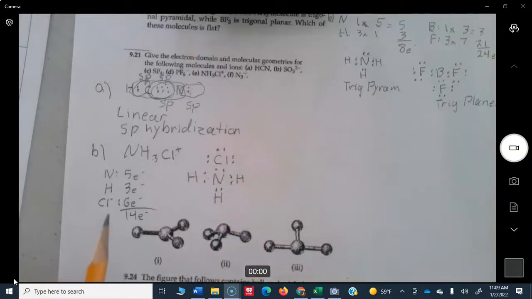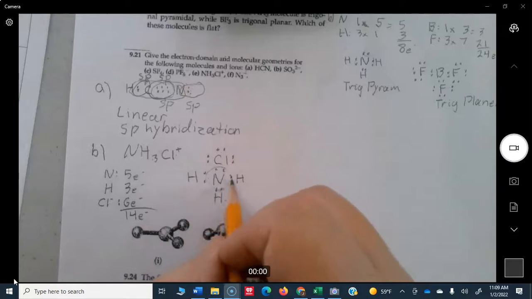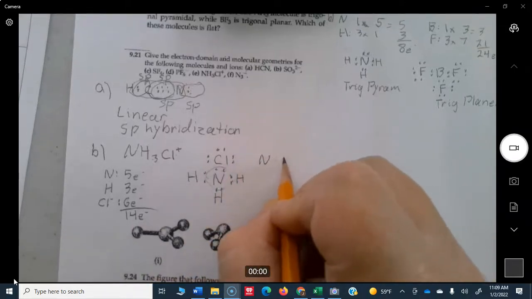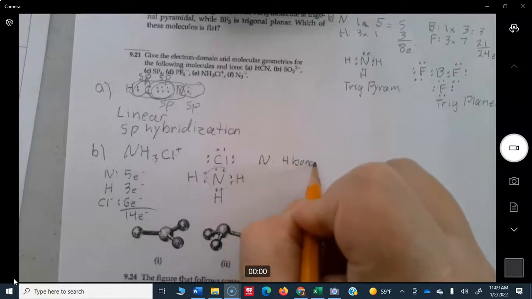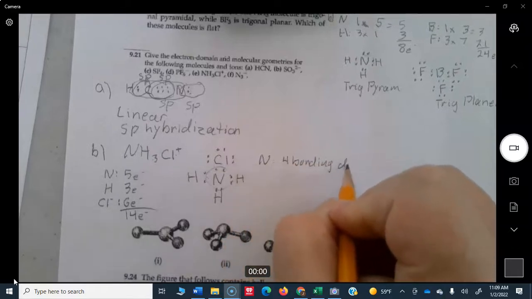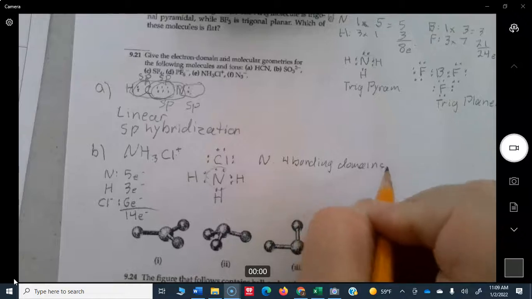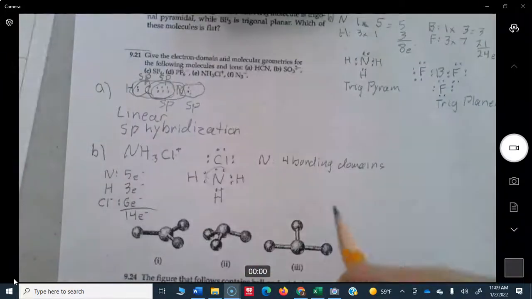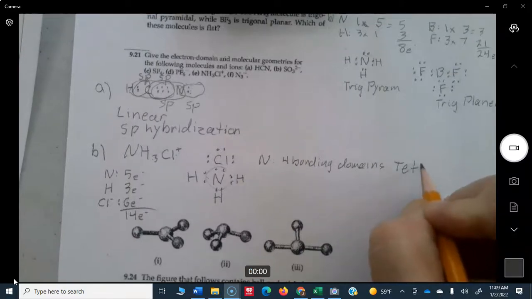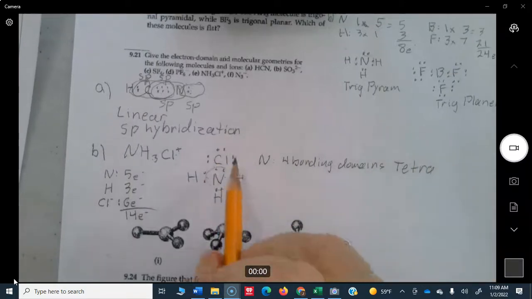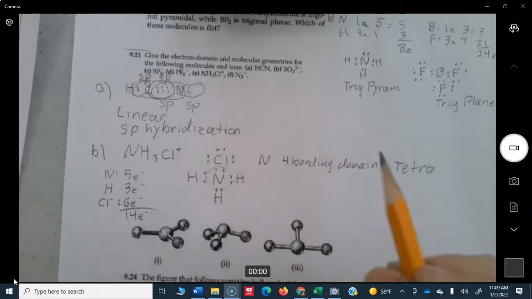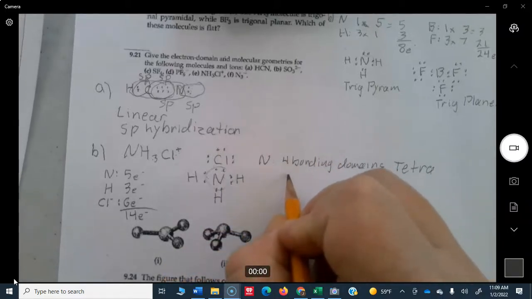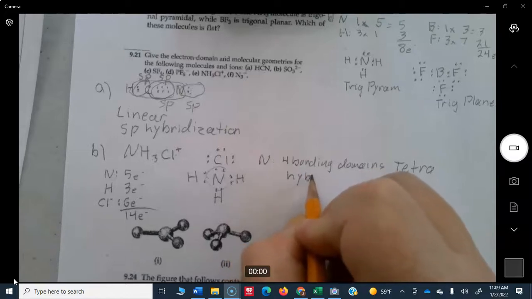There's your diagram. All right, so for the nitrogen, it's got 1, 2, 3, 4 bonding domains. And that makes it tetrahedral. So that's tetra. Okay. Now what about the Cl? Well, the Cl just has 1 bonding domain. So this, by the way, is going to be sp3. I should write that. So the hybridization, we're talking about nitrogen again,